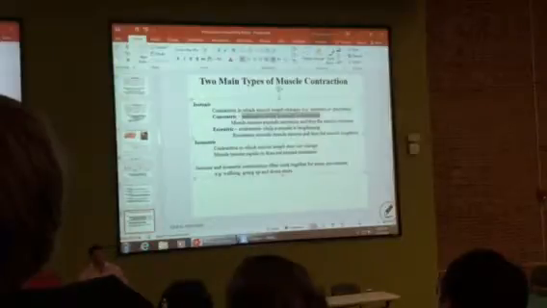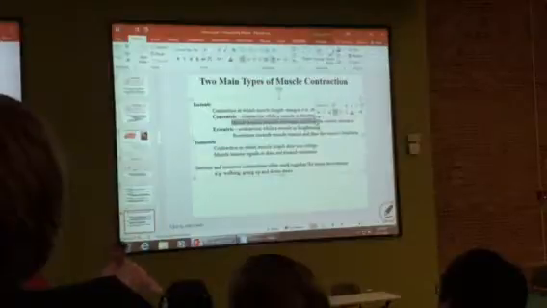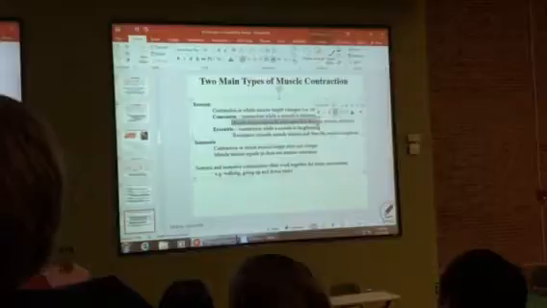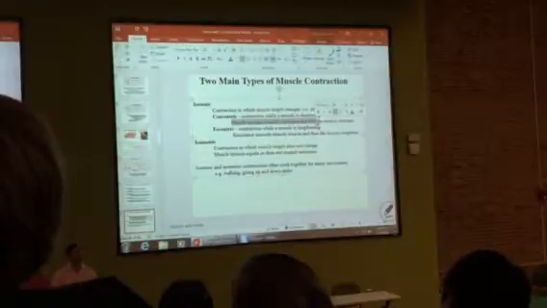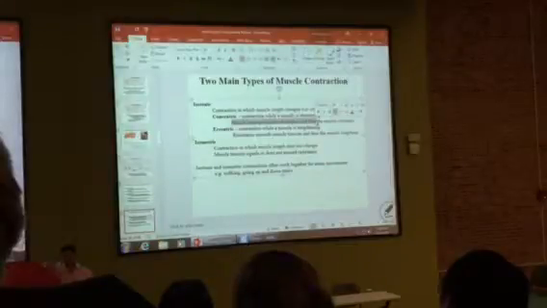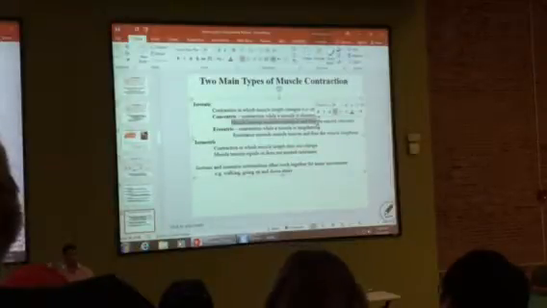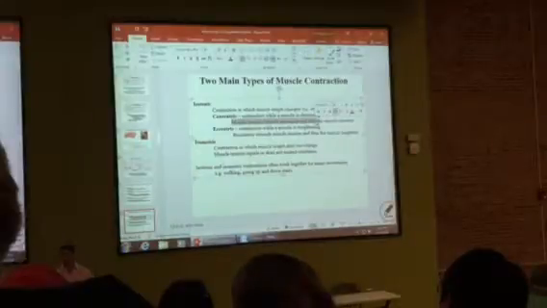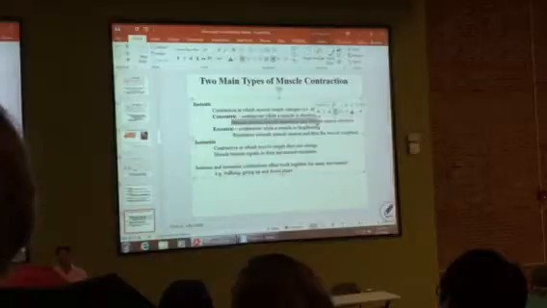One other thing. In order for the concentric contraction to occur, muscle tension must exceed resistance. What does that mean? Let's say this weighs 1 pound. In order for me to do this, I have to generate over 1 pound of tension in my bicep. Let's just say 2. I'm generating 2 pounds of tension in my bicep right now, which allows me to move something that weighs 1 pound. If this weighed 1 pound, and I had a half a pound of tension in my muscle, would this move? It would now be what's called an isometric contraction.